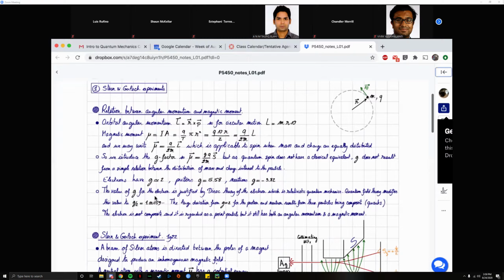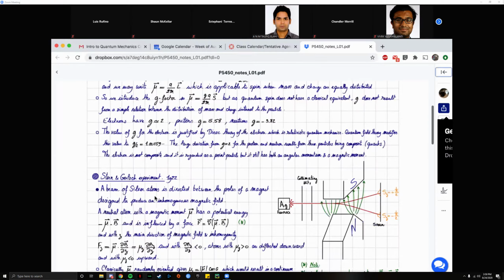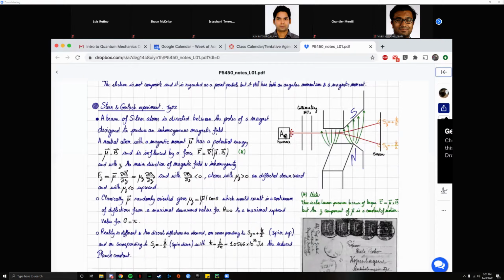Now moving on to the Stern and Gerlach experiment. So the idea is the following: they take a heating oven essentially, in which they had silver, and since silver was heated to a sufficiently high temperature, some atoms were kicked through some collimating slits, just to select atoms that are flying in a very well-defined direction. And these atoms were sent